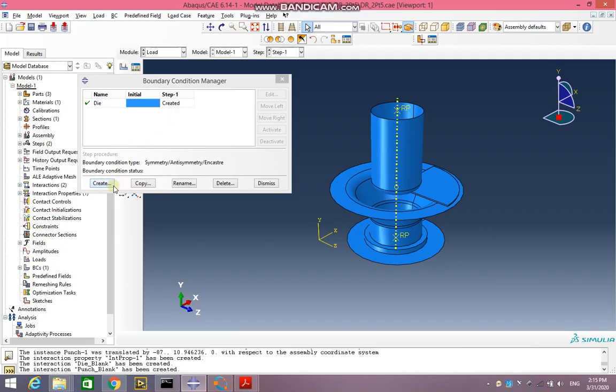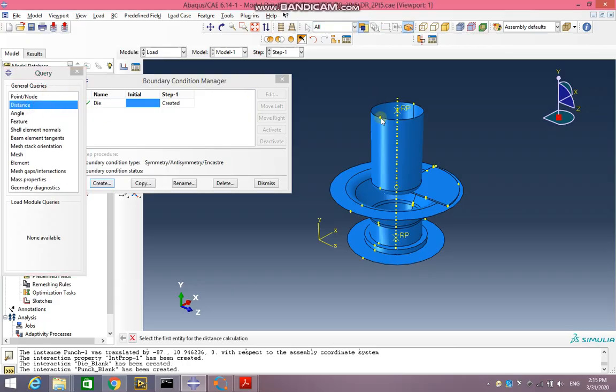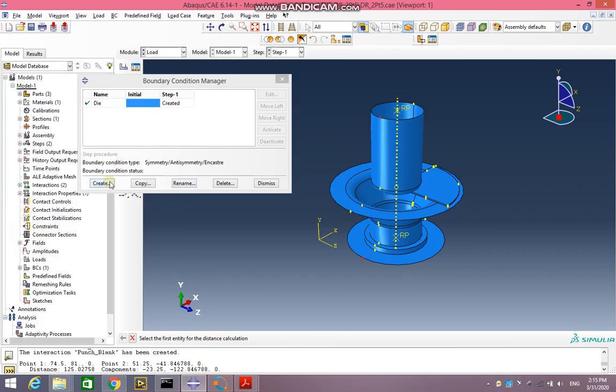Next I'm going to apply the boundary conditions for the punch. Now the punch, as far as punch movement is concerned, let's say I want the punch to get through the die. So for that I have to look at the distance between the top side of the punch and the bottom side of the die. In this case it happens to be 122.8 millimeters. So what I'm going to do is I'm going to create